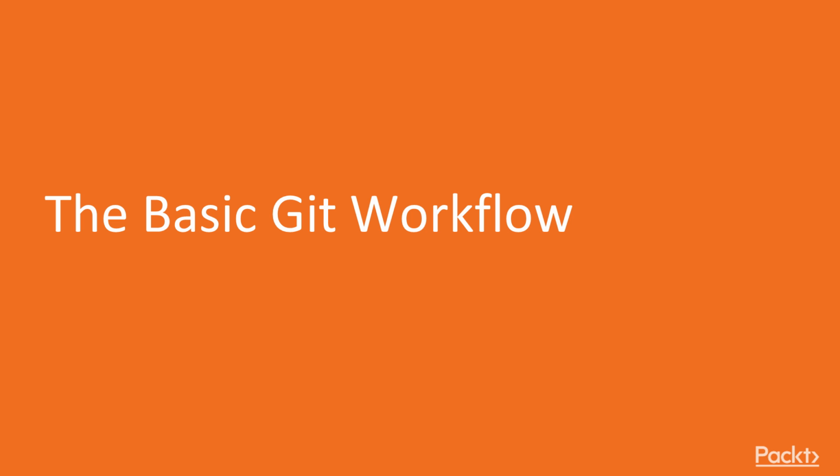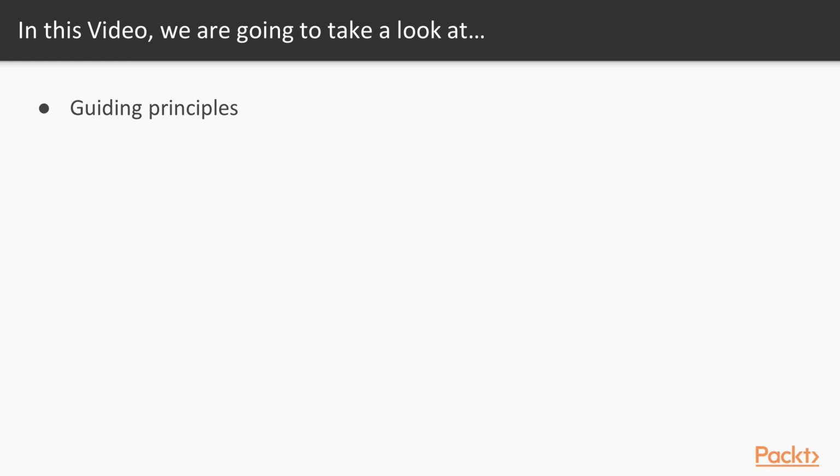In this video, we're going to talk about using a basic Git workflow to manage the work. So what are you going to learn in this particular video? Well, we're going to focus on nothing but guiding principles, and there's a list of them that I have. These guiding principles are how we're going to work with Git in a basic workflow. I'm going to show you how to do it as well. So we're going to talk to it, and then I'm going to show you through the demo how you can actually accomplish this. So let's dive in and look at guiding principles, and we'll talk to them, and then we'll actually